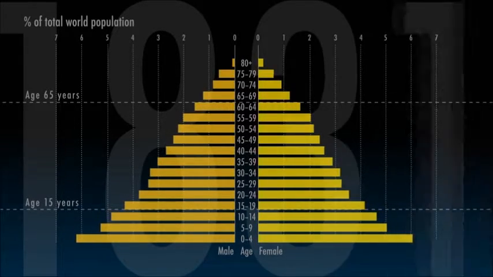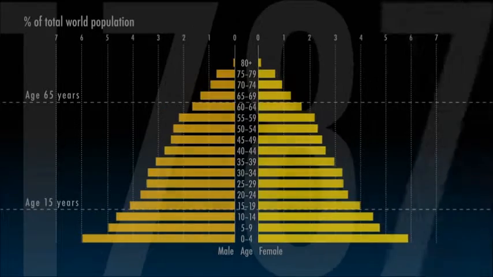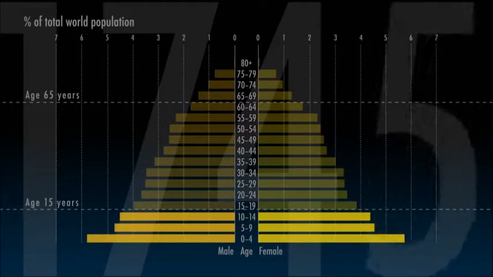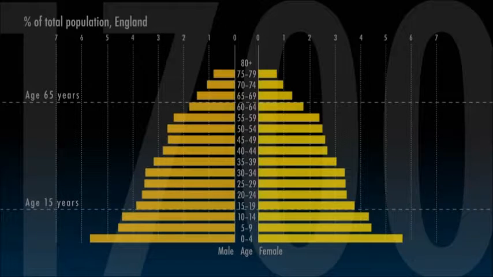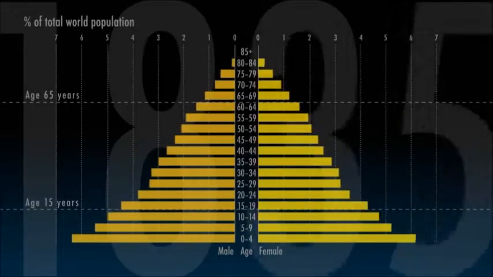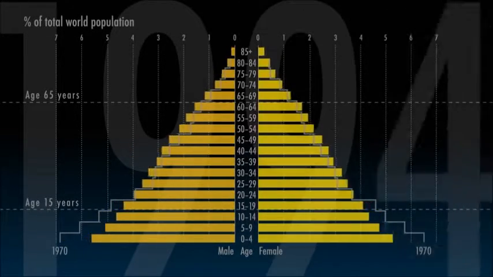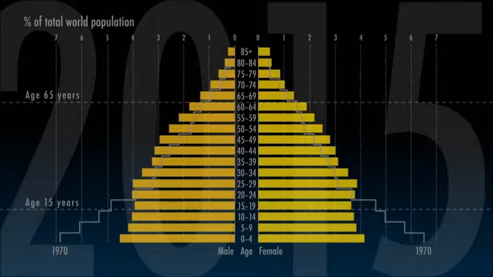With lifespans short and mortality high, children were always the most, and old people the least numerous group. A population chart of England in 1700 looks like a pyramid. But now look at the chart of the global population in 2015. It looks more like the dome of the Capitol building in Washington, D.C. than something you find along the Nile.